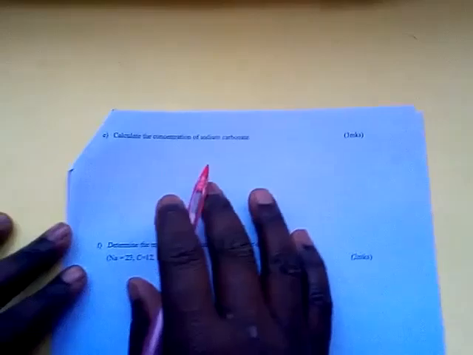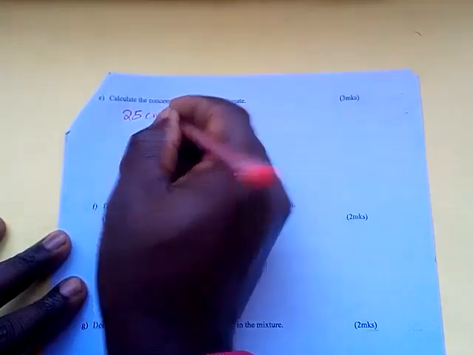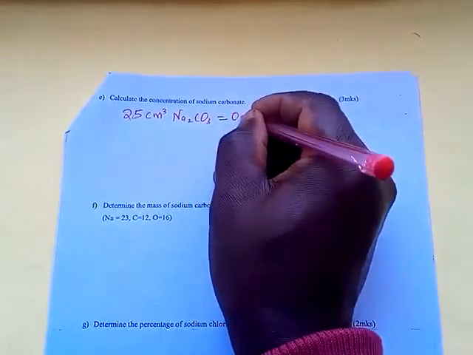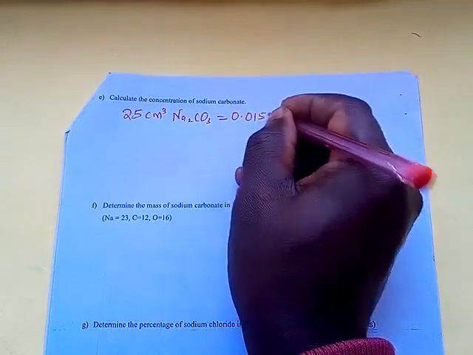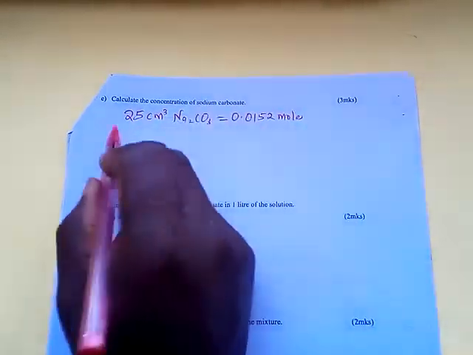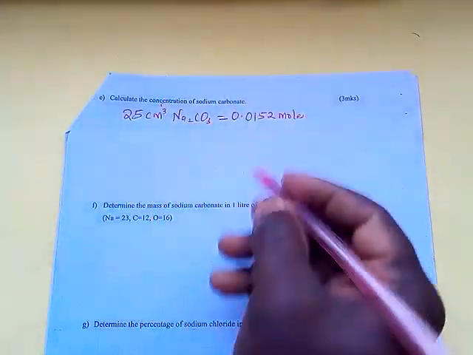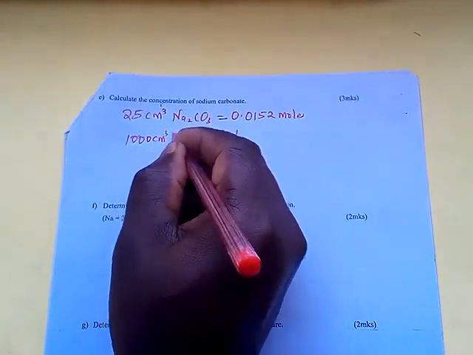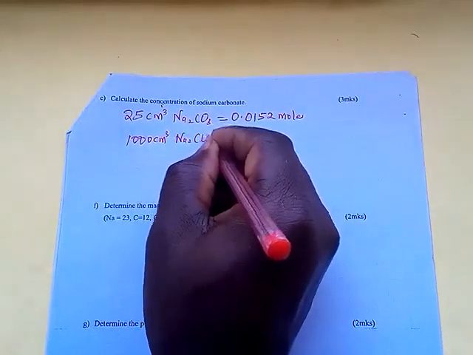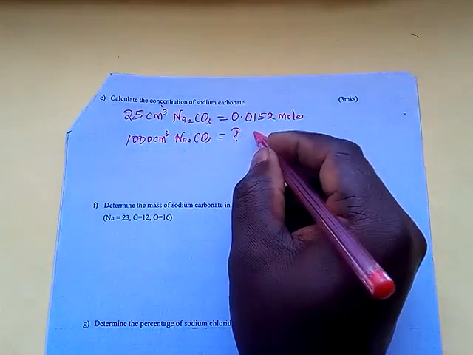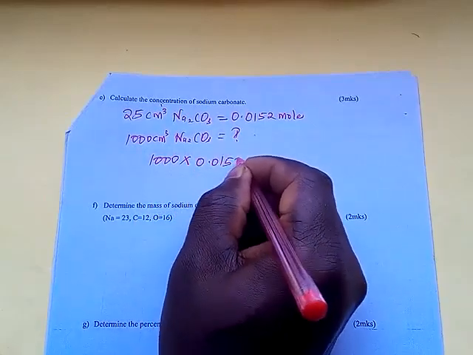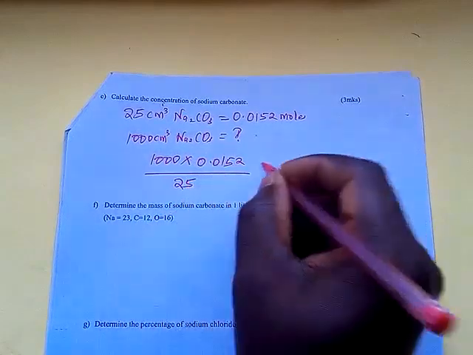So we will say, 25 centimeters cube of sodium carbonate has got 0.0152 moles. Concentration, that is moles in 1 liter. What about 1,000 centimeters cube of sodium carbonate? Would it be what? Moles. So it is 1,000 times 0.0152 divided by 25, which will give you